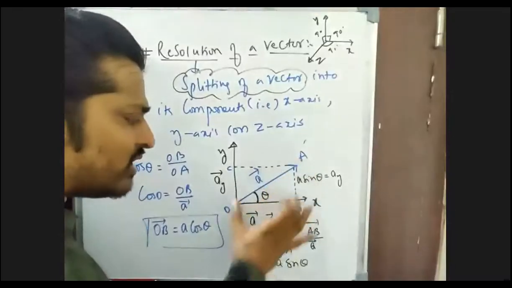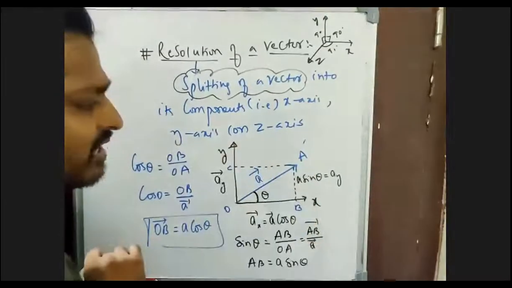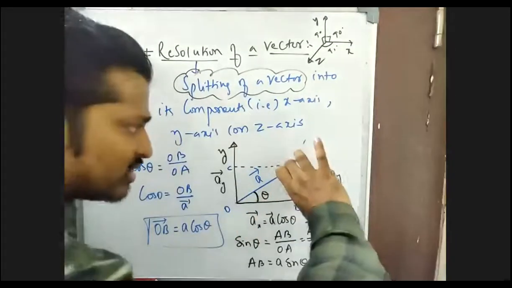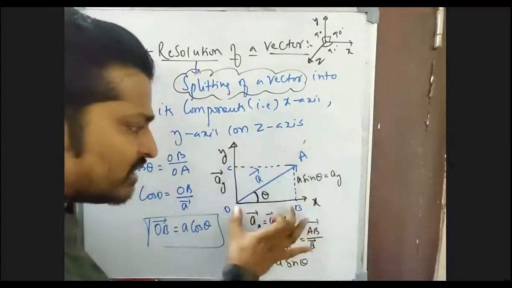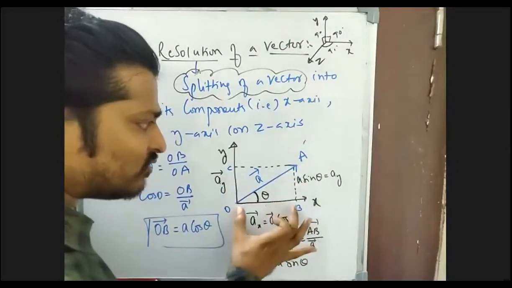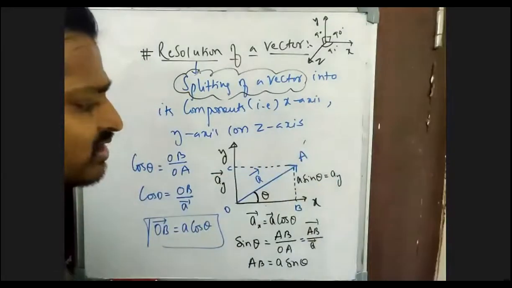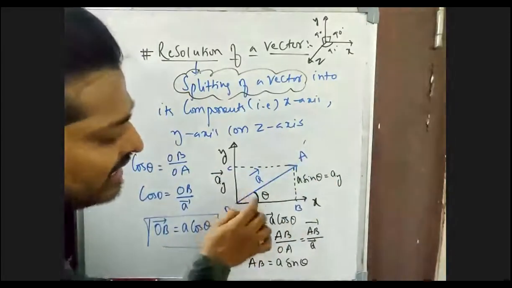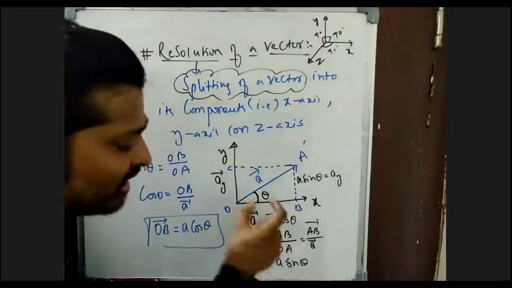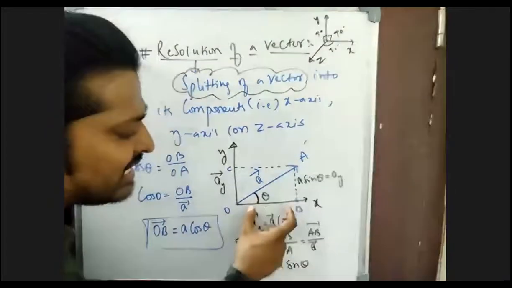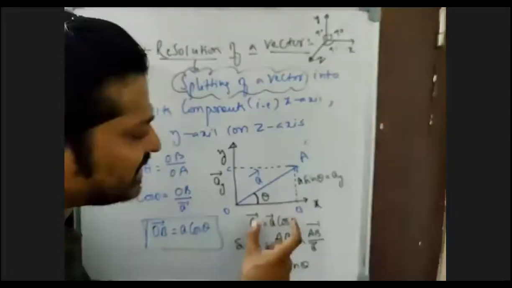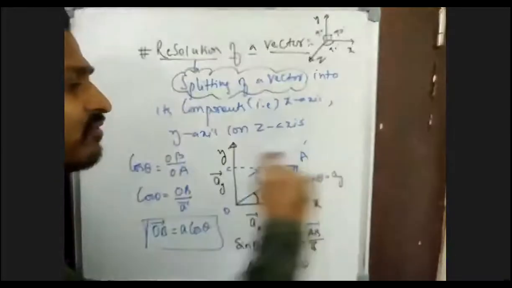This is your OA, this is your OB, this one is your OC, part of the relation. Now from this one, these two are parallel, so they will be the same. This OA will be equal to CA. This AB will be equal to your OC. So whenever the vector is making an angle theta with the x-axis, at the point wherever it is making the angle theta with the x-axis, that component will become cos theta and the vertical component will become sin theta.